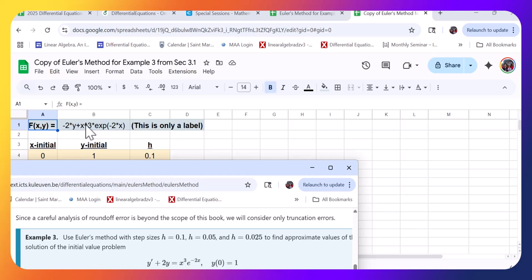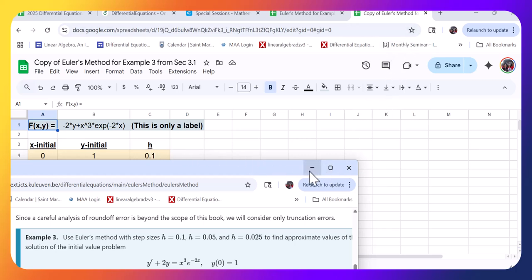You'll notice the caret symbol, which is on my keyboard, it's shift 6. That's what you use for exponents. And there's also a function exp with parentheses, and that stands for e to the whatever's in parentheses. In this case, it's negative 2x, and you'll notice that I need an asterisk for a multiplication sign, and that's shift 8 on my keyboard. But this is only a label. This isn't really actually doing anything, and I want to explain what I mean by doing something here,